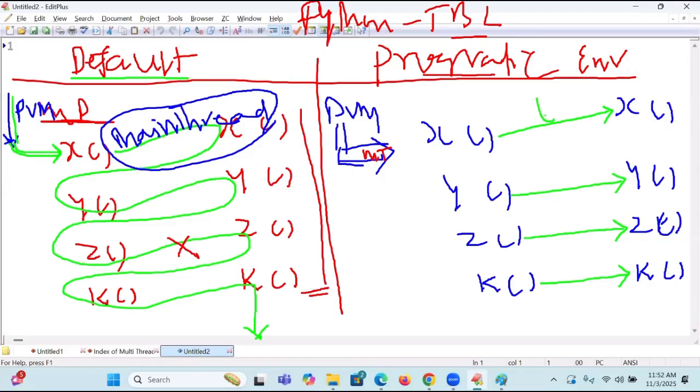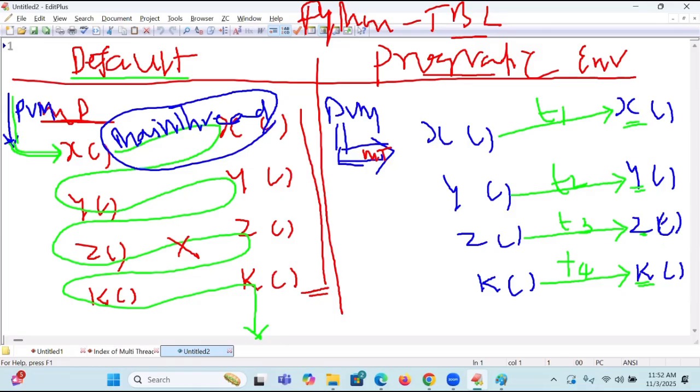These separate flows are called what? Threads. The flow of control is called a thread. What is the purpose of a thread? To execute the logic defined inside the function. The purpose of a thread is to perform the operation whose logic is defined inside the functions. How many functions do I have? Four.